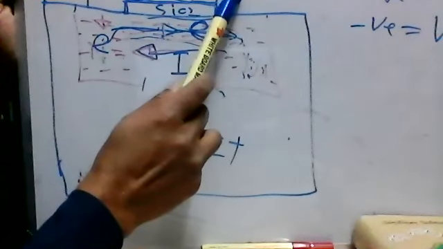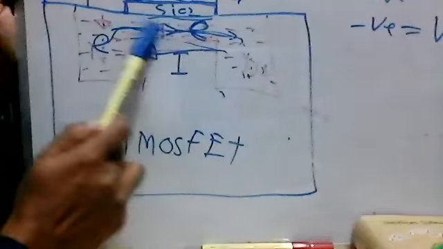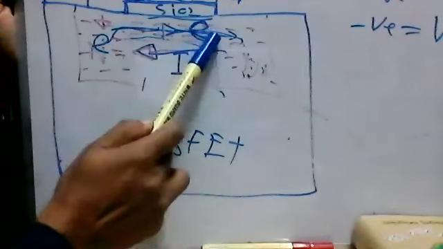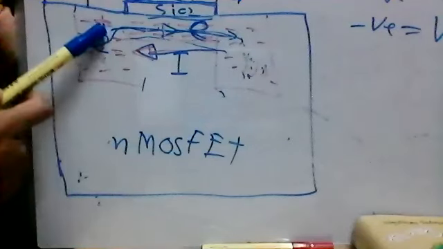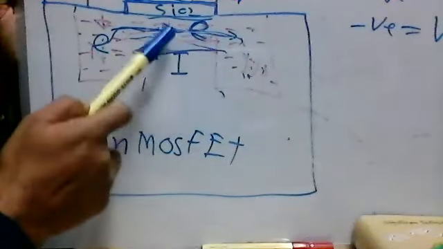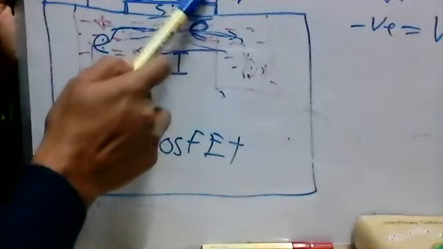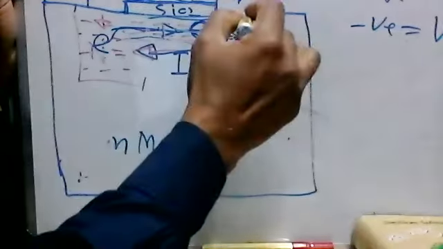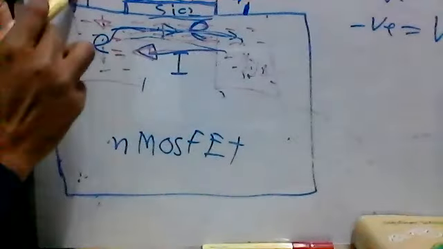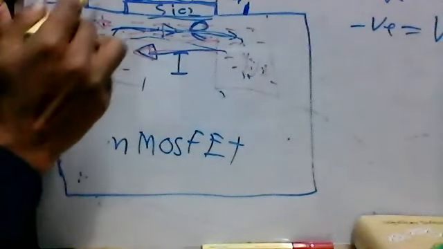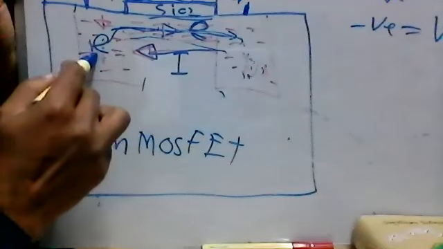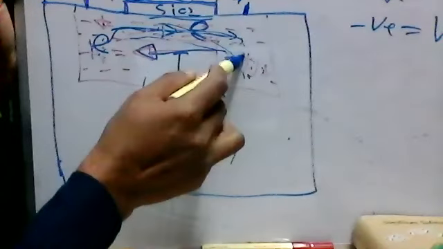Now, when you apply gate voltage, positive voltage, then this channel is formed. The channel is formed means the electrons can flow. So that's why this is called gate, right? And this gate voltage is here. And now this another terminal in this side is called drain. You see, the electron is coming from the source. Source means ground, a negative, and the electrons are coming from here and going here, and it must